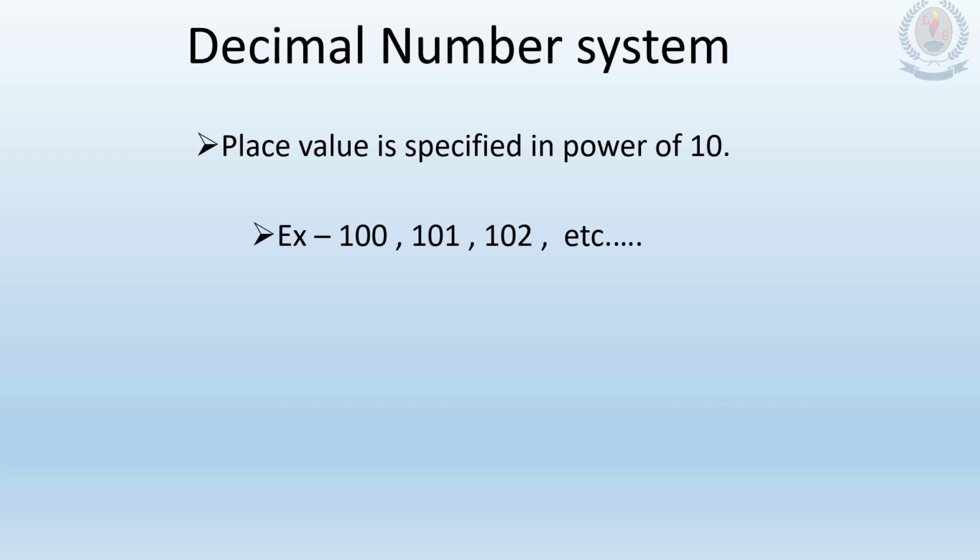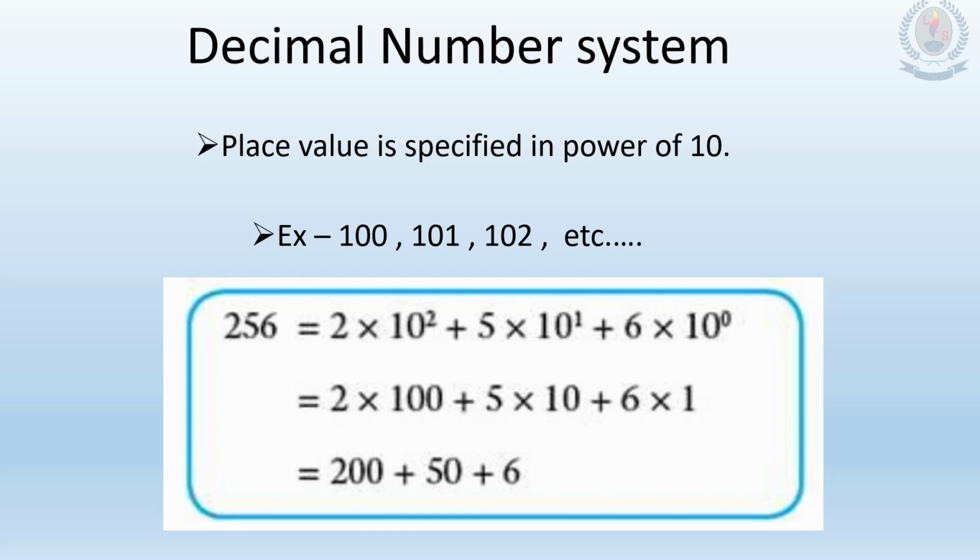And if we take an example, these are the decimal values. Take the example 256. The 200 comes from 100 into 2. 100 means 10 to the power 2. So that specifies a power of 10. Like that, 50 comes from 5 into 10, that means 10 to the power 1 into 5. All the numbers come with a specific power of 10. Then these numbers are added together to get the final decimal number.